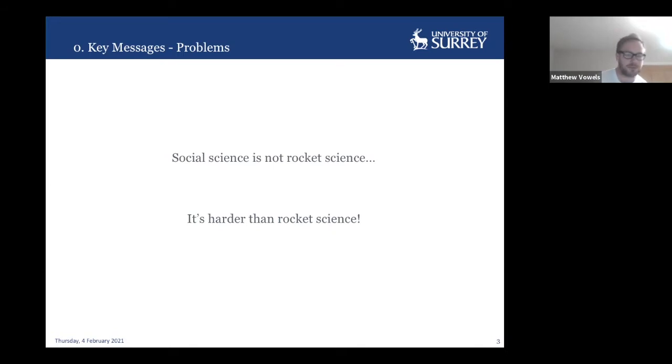We've actually done a pretty good job of sending rockets up and down, and the tools that you need to do that are fairly sophisticated. And as an engineering student, I was taught some of those techniques. We get exposed to dynamical models and control systems, and everything's kind of nonlinear. You're very lucky if anything's linear. But in social science, despite its complexity, we tend to use very blunt measures and blunt analytical tools.